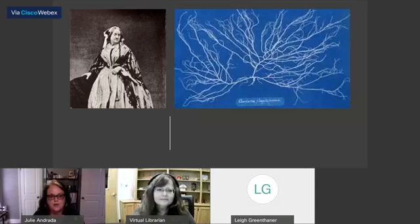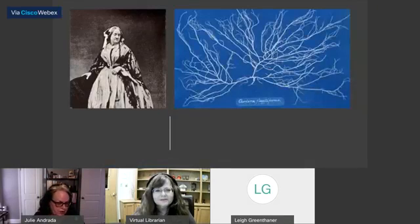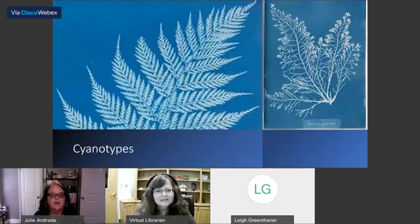John Herschel was another Englishman that contributed to photography in the form of cyanotypes. Now, this may look familiar to you. These are cyanotypes. These were done by a woman named Anna Atkins. She was British. These were used for what would become blueprints, but she used them to make what are called botanicals. So she would take her fern, for example, here on the left, and coat a piece of